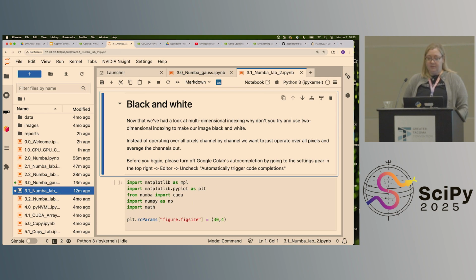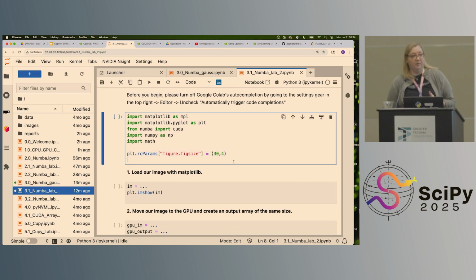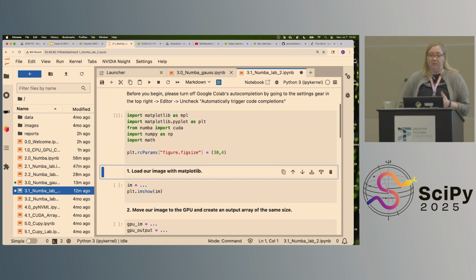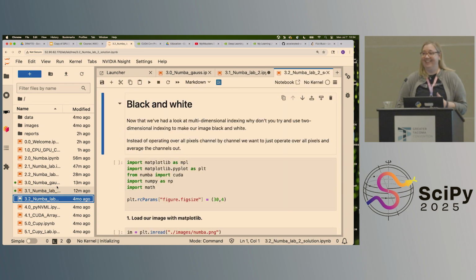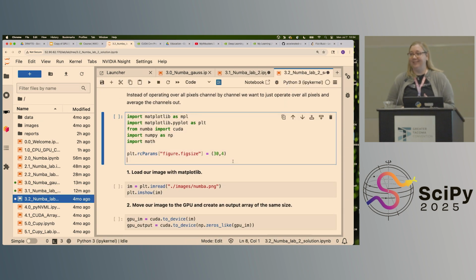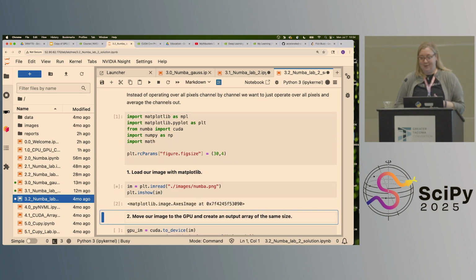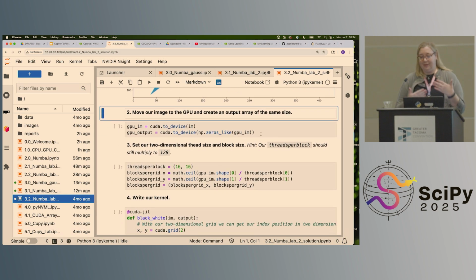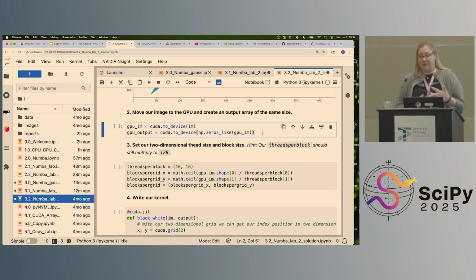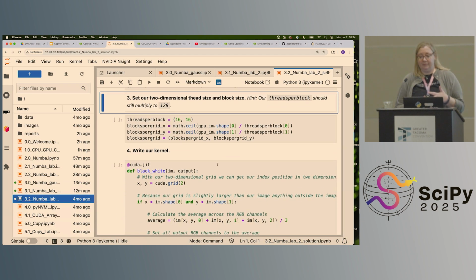So in this case, we're looking at the X and the Y direction. A black and white kernel is a little bit easier than a blur kernel because we are not dealing with color, and it simplifies things a little bit for us. So in this case, we're only looking at two dimensions, the X and the Y dimension. And same thing as before, where 16 by 16 is going to give us that,